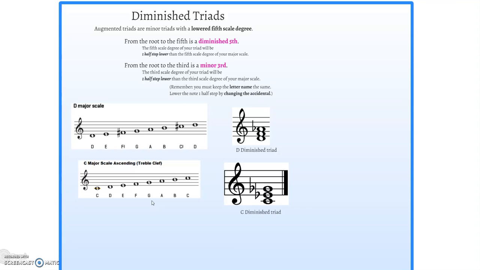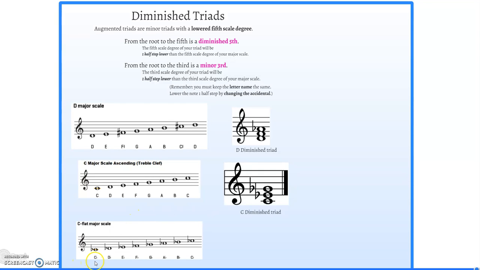Our last example, we'll choose a tricky one. C flat major, where everything is already flatted to begin with. We need the root, that is C flat. We need the third lowered a half step. A half step lower than a flat is a double flat, so we need E double flat. We also need to lower the fifth scale degree by a half step. And again, a half step lower than a flat is a double flat, so we need G double flat. C flat, E double flat, G double flat make